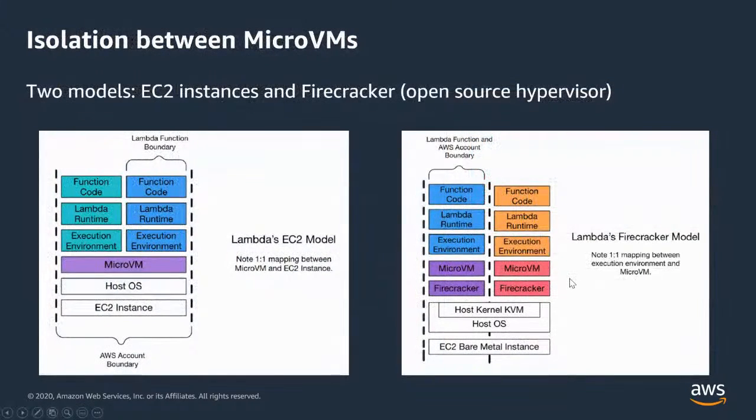Now, if you move towards micro VMs, for example, think of a micro VM as something between containers and VMs, right? So in a virtual machine, you actually get a host operating system, and then each virtual machine has its own guest operating system, right? And then in a container, you just have the host operating system, and then you have the container runtime. In the middle, you have a micro VM, and this micro VM will allow you to run multiple, similar to Lambda. It will allow you to run function code, runtime, and execution environment, and it won't allow you to transcend certain boundaries.